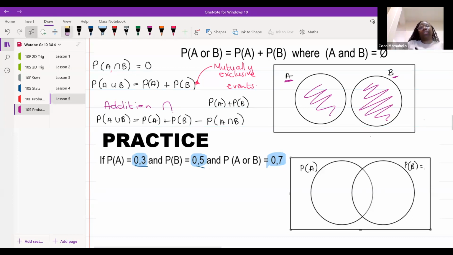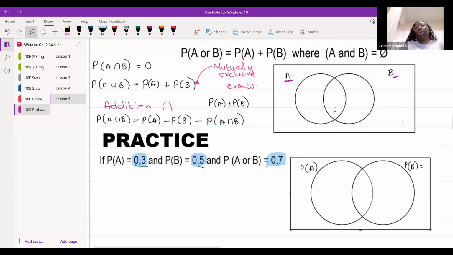Is that why we subtract, so we don't get the intersection if there is one? Correct. So let's say, for instance, we're talking about English and maths and French. There'll be an intersection. So what I would then do is calculate the probability of this plus the probability of this minus the probability of the inside part, because if I do the probability of both, I'm going to count the inside part twice. So I just have to minus the intersection one time. I'll show you as we go along. The examples will come up.